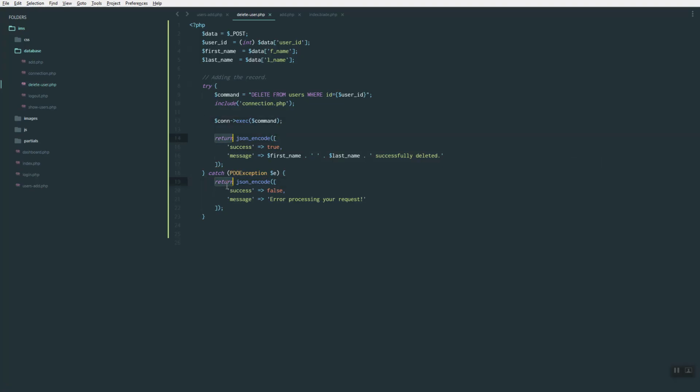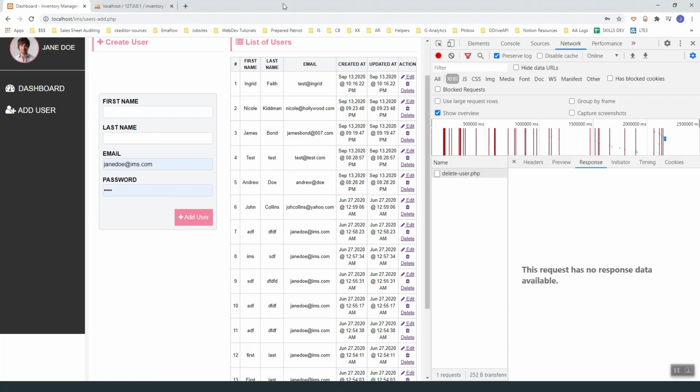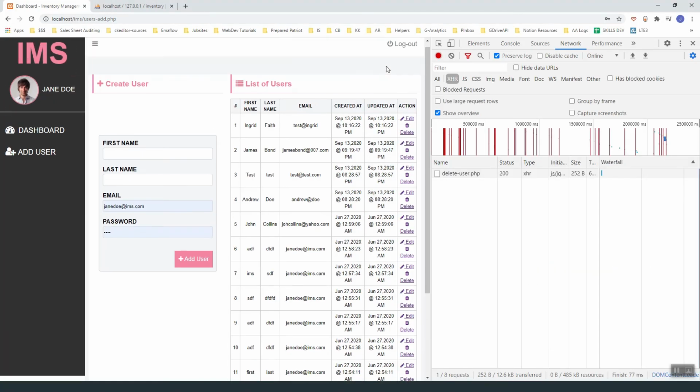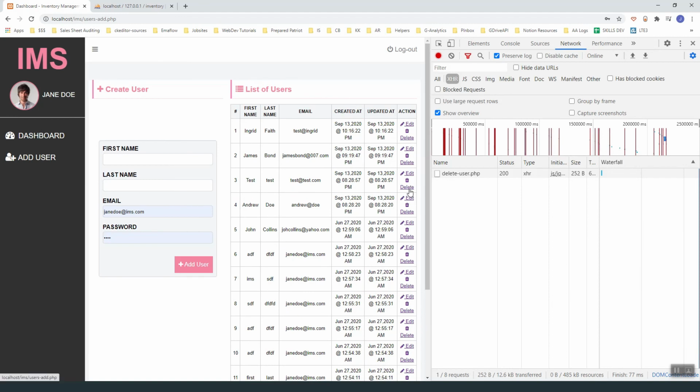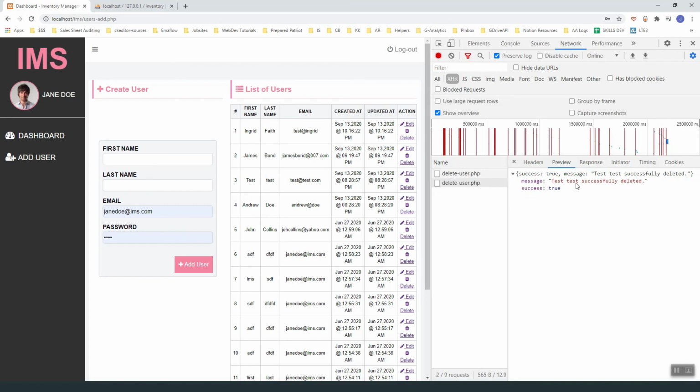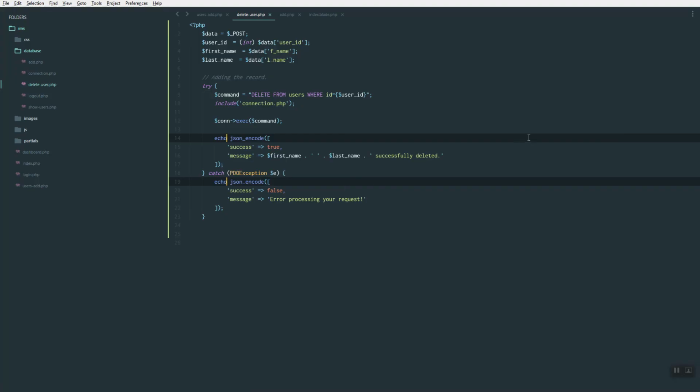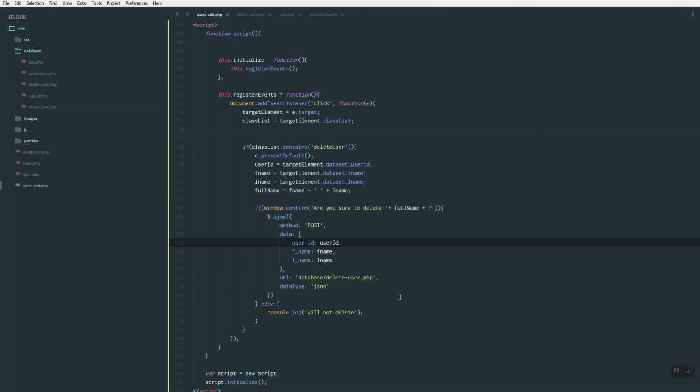Instead of return, we can use echo. So this should be 15 since we deleted 2 users. Let's delete this one. As you can see, we have returned the data. So now back in our user side,